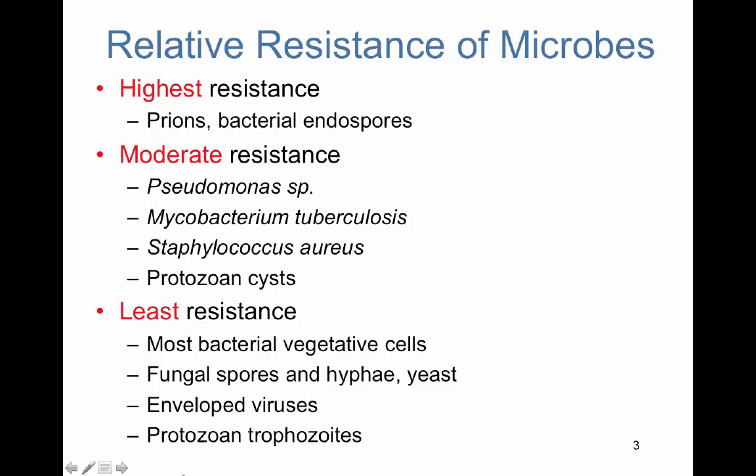At the bottom of the list, the most sensitive to forms of antimicrobial control, are most vegetative bacteria, fungal spores and hyphae, along with yeast, viruses that have an envelope, and the active form of protozoa. The ones associated with moderate resistance are Pseudomonas, Mycobacterium, TB, staph bacteria, and also the cyst or the